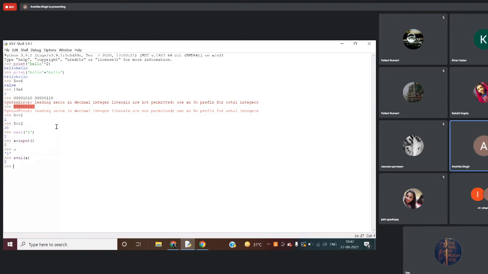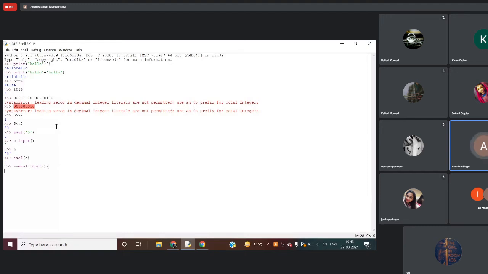Then composition means we will be using nested calls, like nested functions. For example, eval, like this.